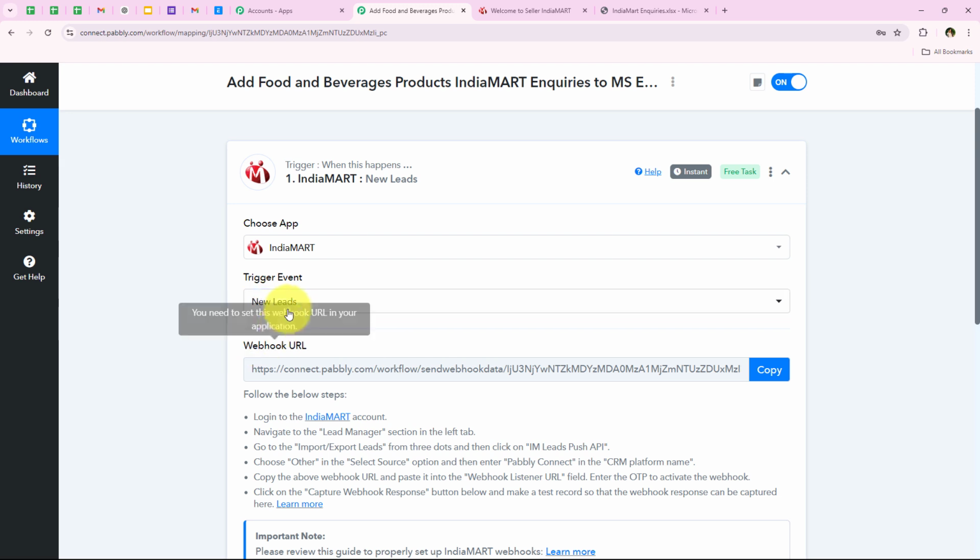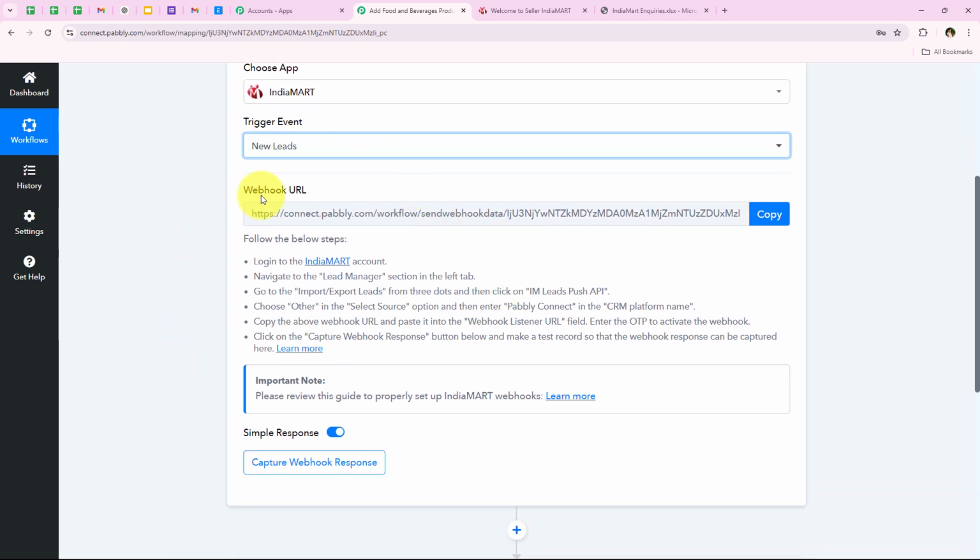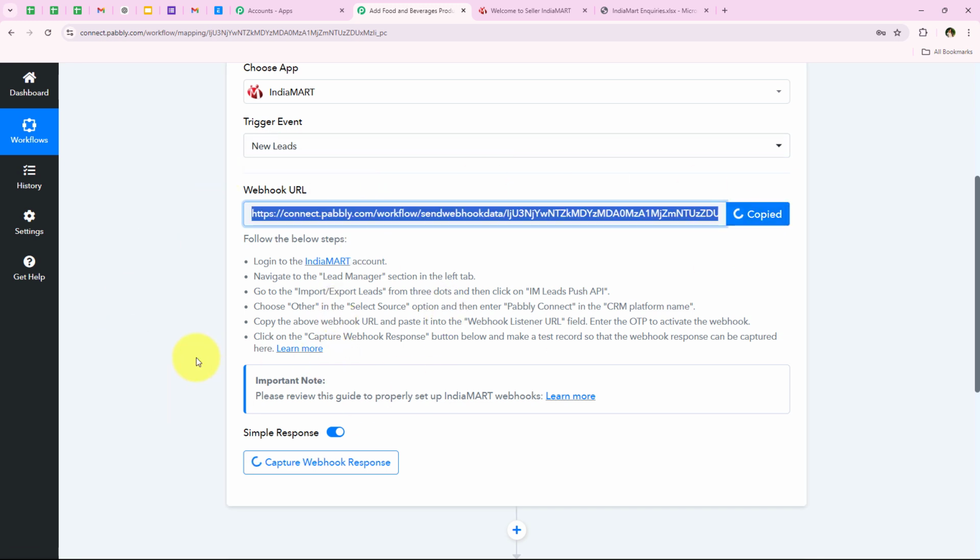So I've selected the same as my trigger event, and as soon as we select the trigger event, it is giving me a webhook URL. We're going to use this same webhook URL to create a connection between our IndiaMART account and our Pabbly's workflow. So first we are going to copy this webhook URL and then